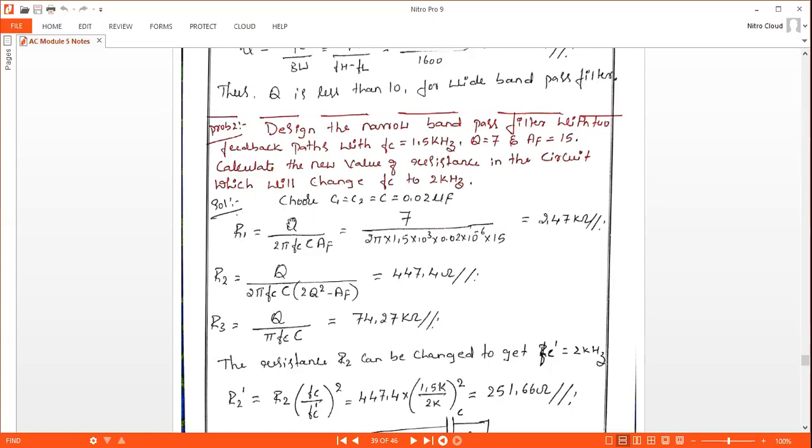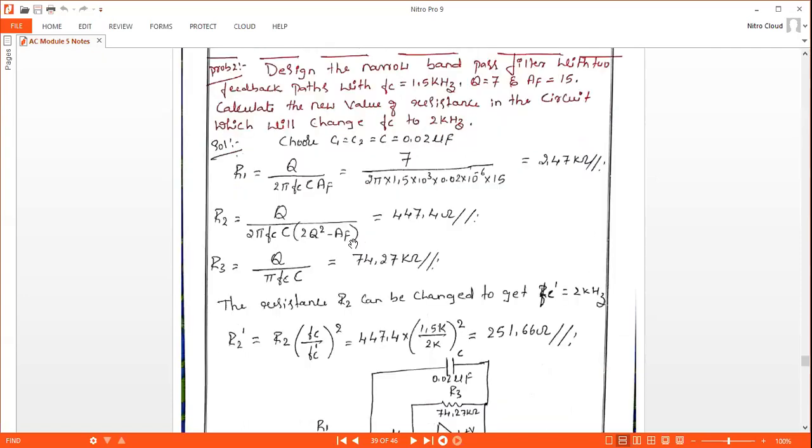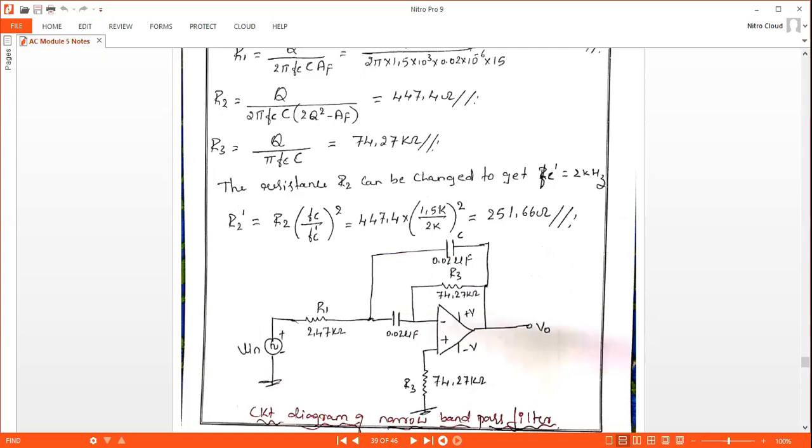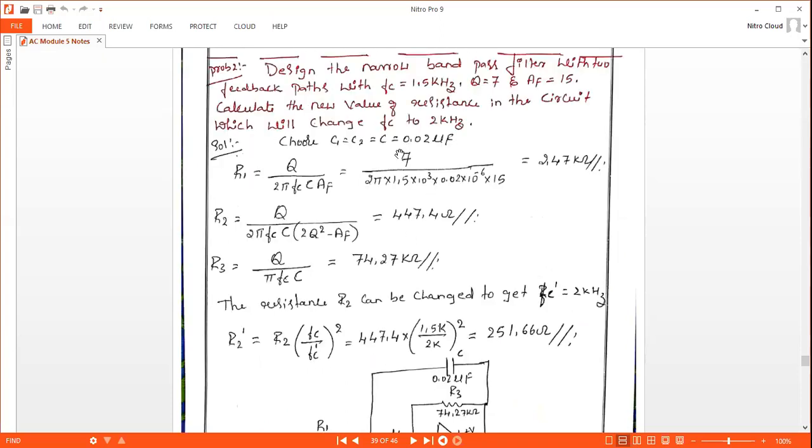To find the values of R1, R2 and R3, substitute the values and you will obtain 2.47K, 447.4 ohm and 74.2 kilo ohm. This is the design step we are doing. So R1, R2, R3 we got, and the value of C is less than 1 microfarad, that is 0.02 microfarad we have chosen.